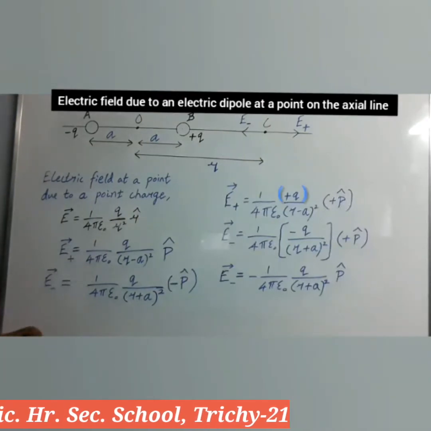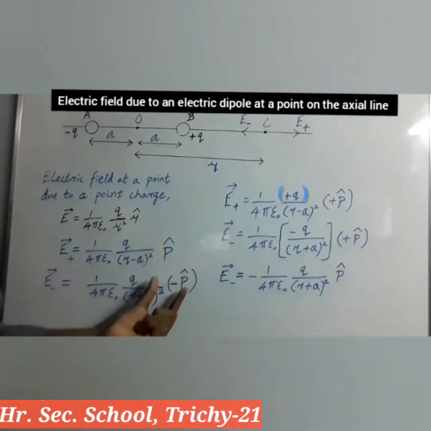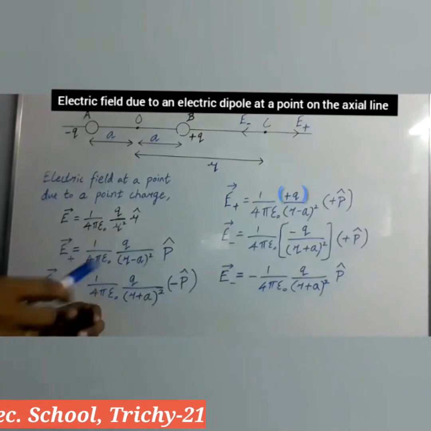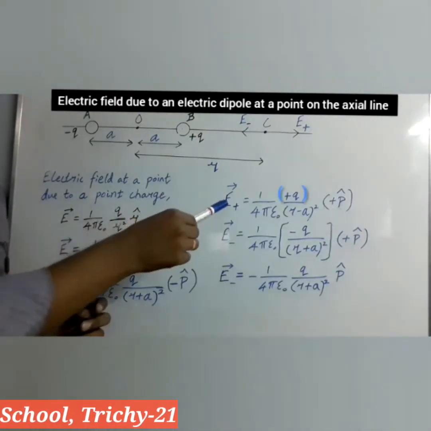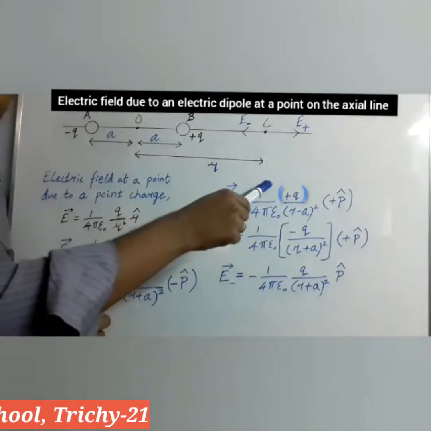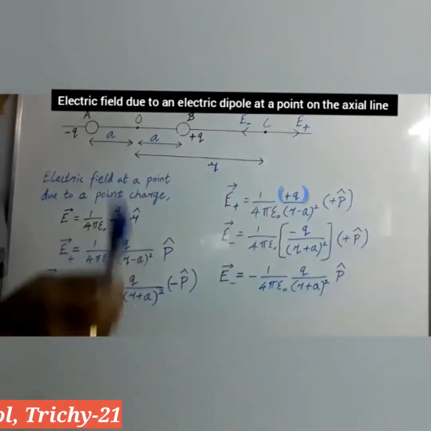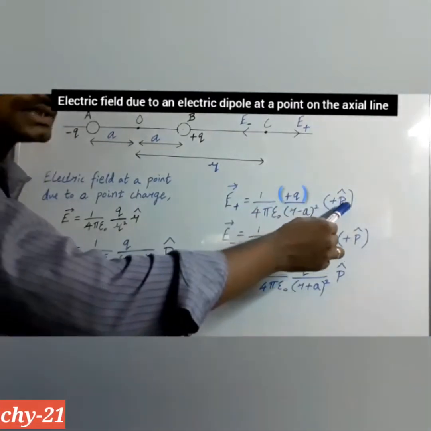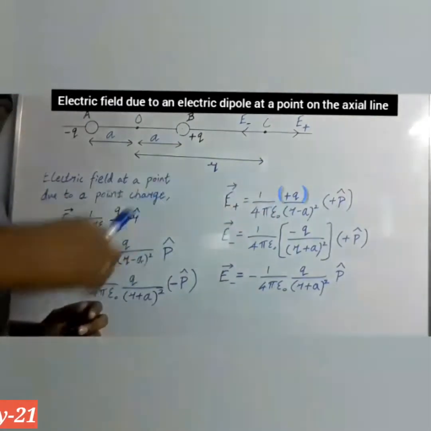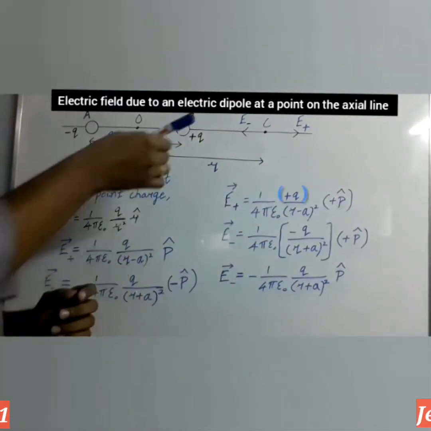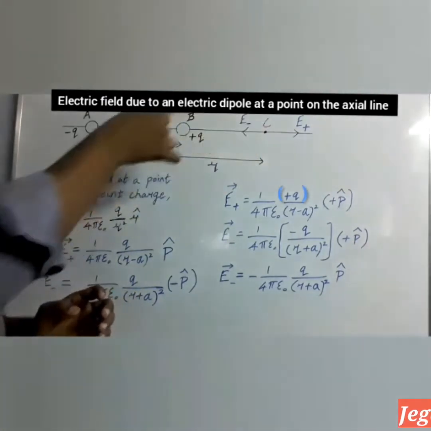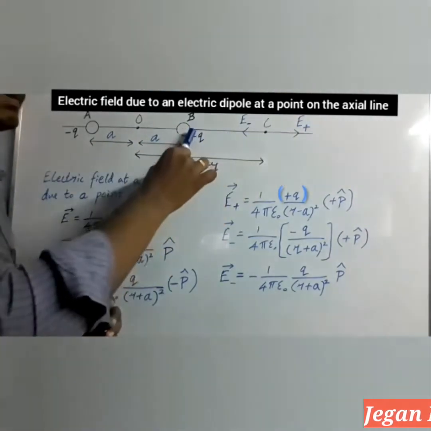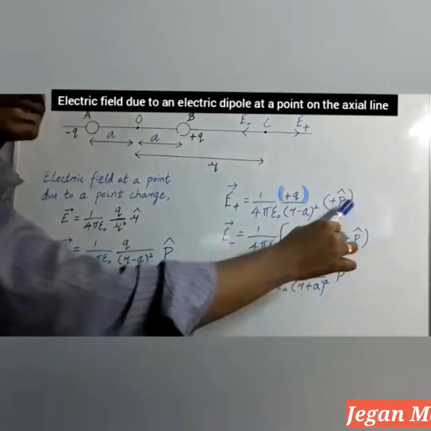If you face any difficulty finding the direction and the sign of the unit vectors, you can make use of the alternative method. In this method, we are going to mention the sign of the charges. So the electric field given by the positive charge is, as usual, 1 by 4 pi epsilon naught plus q. I told you already, the sign of the charge has to be written: plus q divided by the distance square, r minus a the whole square, plus p cap. To find the direction of the unit vector, imagine you are moving from the point charge to that point. So here I am going to move from the positive charge to point C. I have to move in this direction, that is the positive x-axis only. Right side I am moving. So plus p cap I can write.